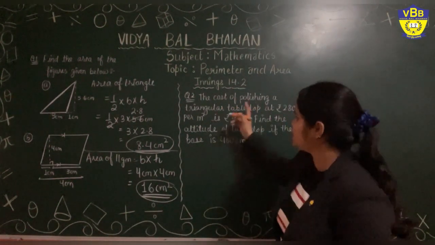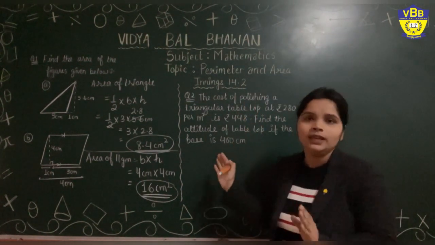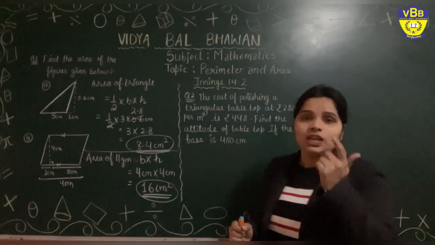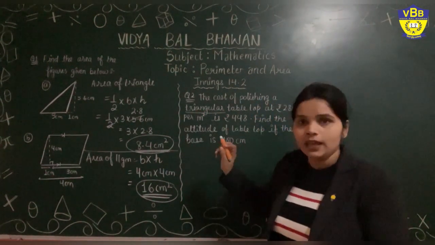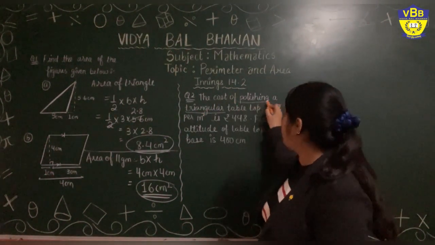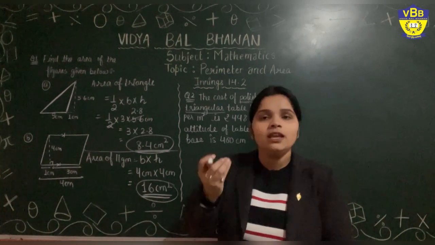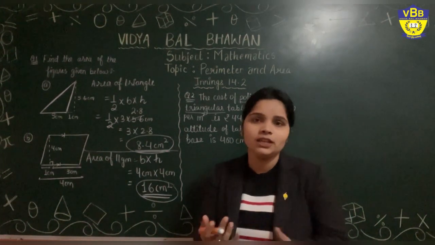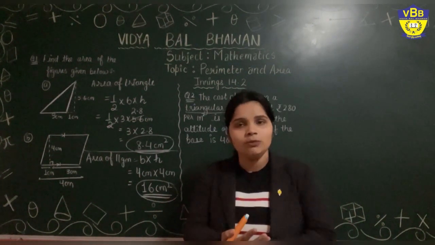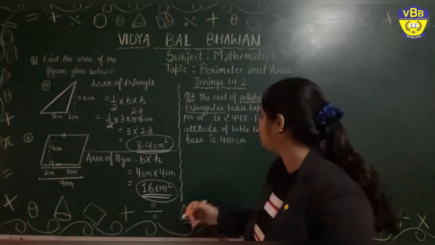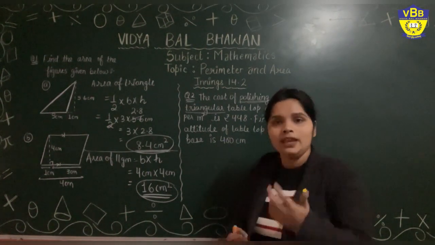The cost of polishing a triangular tabletop. Let's start with the first statement only. What is the shape of the tabletop? It is triangular in shape. It also says cost of polishing. Polishing means that whatever we are polishing should be done on the surface. Polishing cannot be done at the boundary of a figure or any object. If we are polishing any object, that should be done on the surface area. So if it is related to the surface, that means we need to calculate the area first.